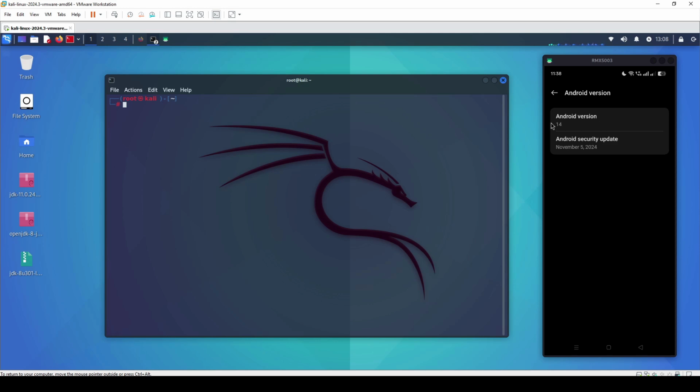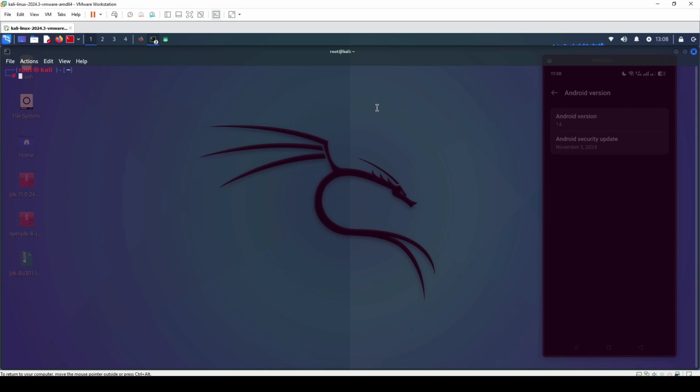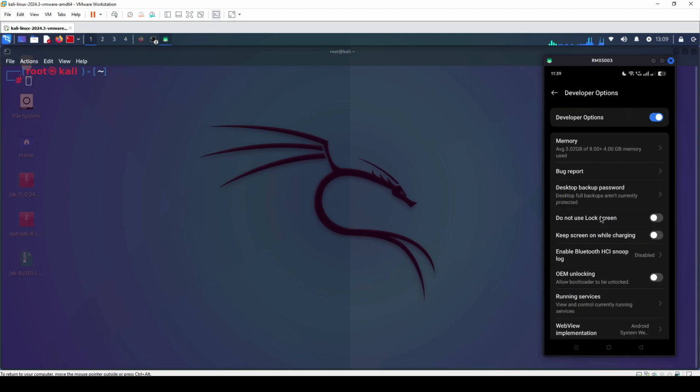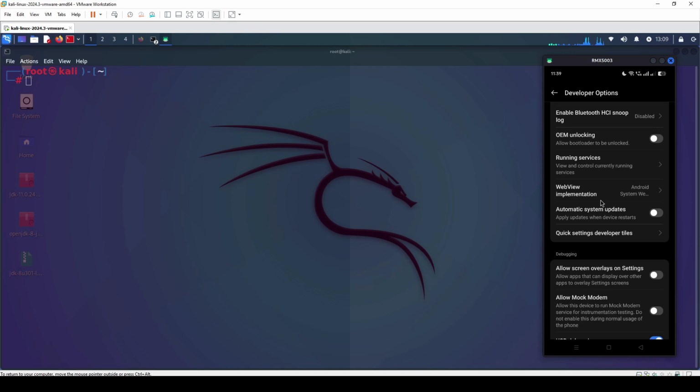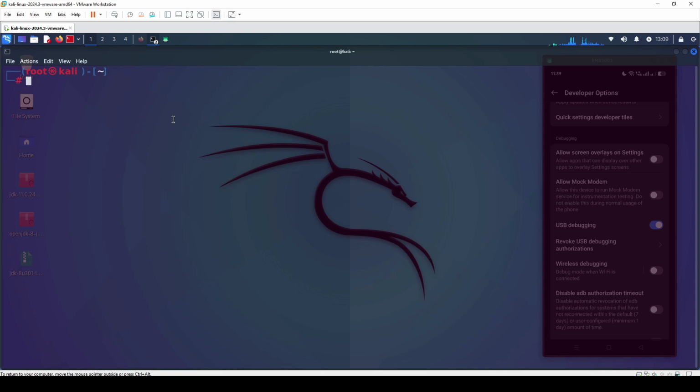Alright, so I'm using Android version 14 as you can see in this video, and I also have my terminal opened up. So we got developer options, and in developer options, please make sure that you've enabled USB debugging as I'm showing here. So it's enabled for me on my phone. So now that it's done,